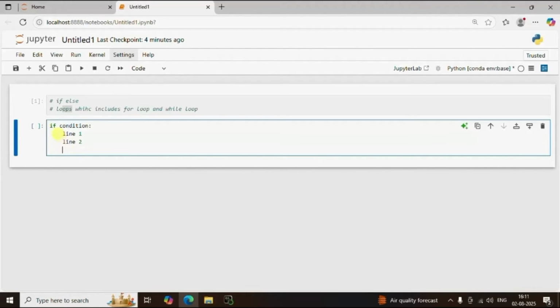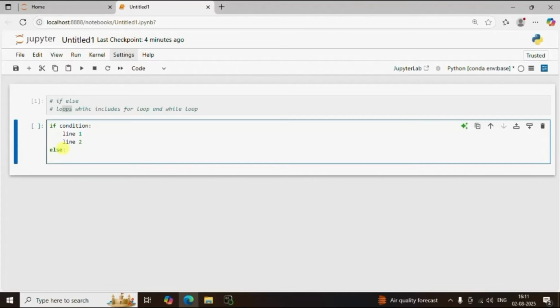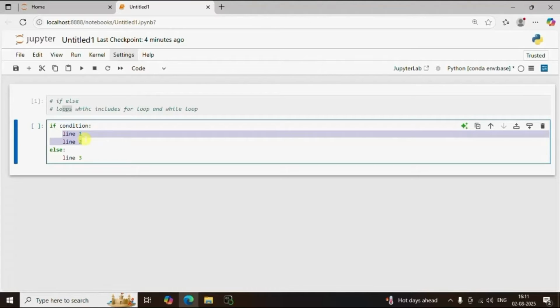Now to come out of this if condition block, we will press backspace, else colon, press enter, line 3. So it starts with if condition followed by colon, then line 1, line 2, and then we have this